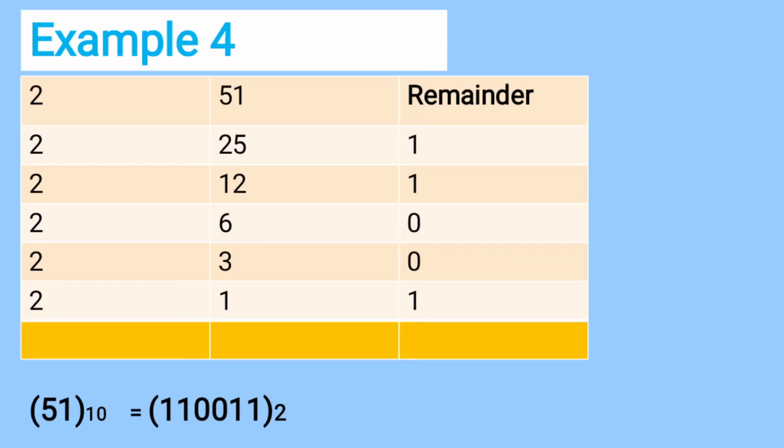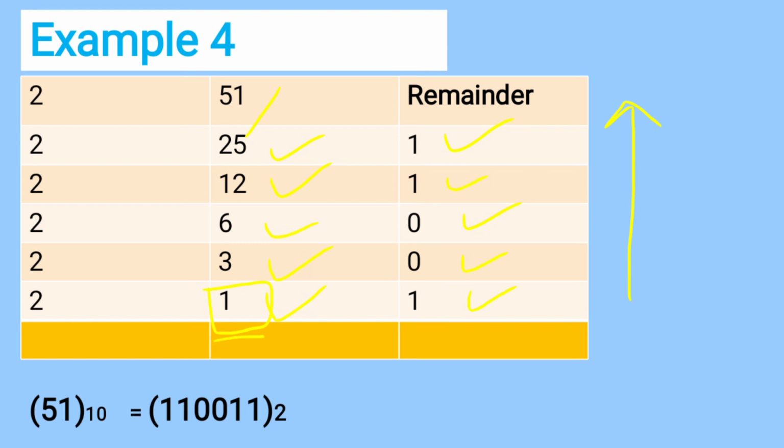One more, fourth example is taken. The number is 51. You divide it by 2, you will get 25. First remainder is 1. Next, divide 25 by 2, you will get 12. 2 12s are 24, remainder is 1. Next, 2 6s are 12, remainder is 0. Third, 2 3s are 6, remainder 0. 3 on dividing, 2 1s are 2, remainder is 1. And lastly, stop as soon as you get your 1 and write your answer from bottom to top.